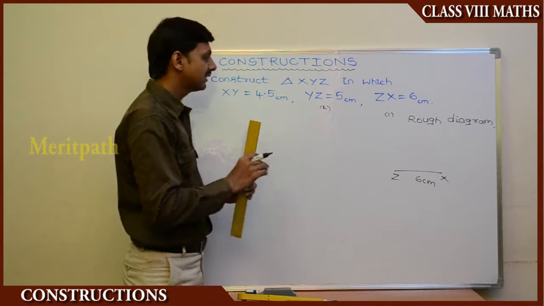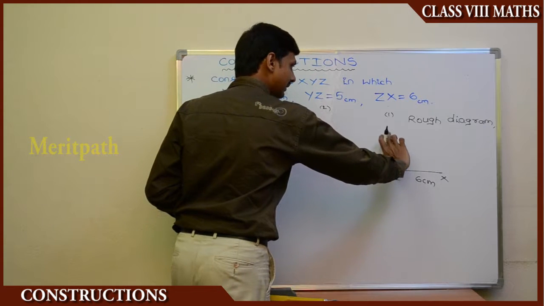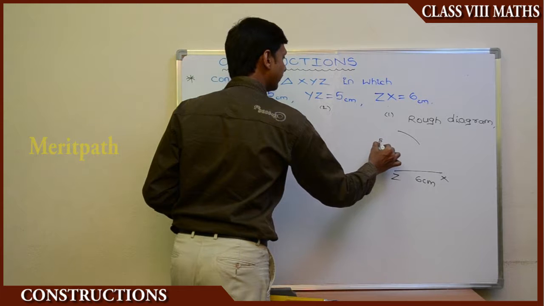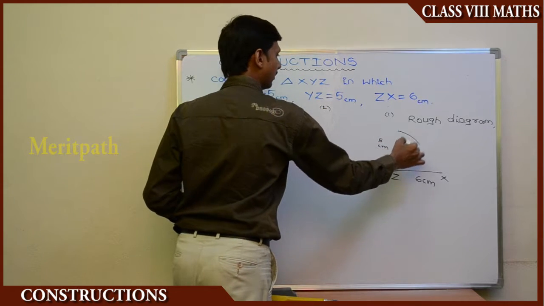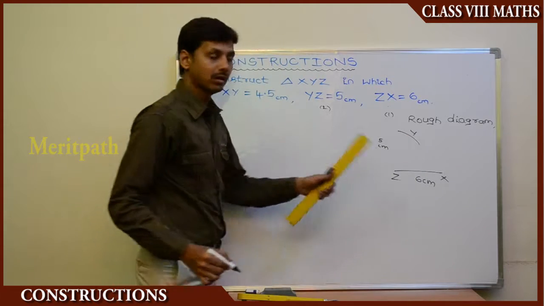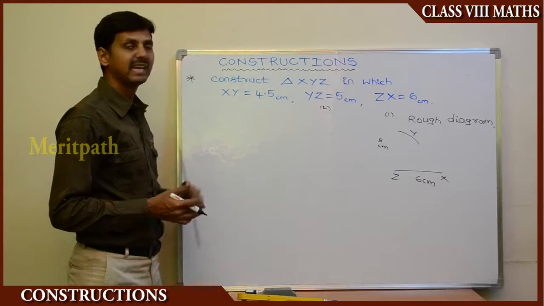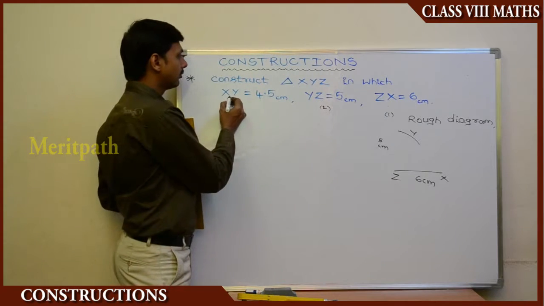How? Using compass. We'll use the compass, and using the vertex Z, we'll make an arc, and that is with 5 centimeters. So this is YZ. Y comes here. So YZ is 5 centimeters. So we made an arc. The last one is XY. So XY is